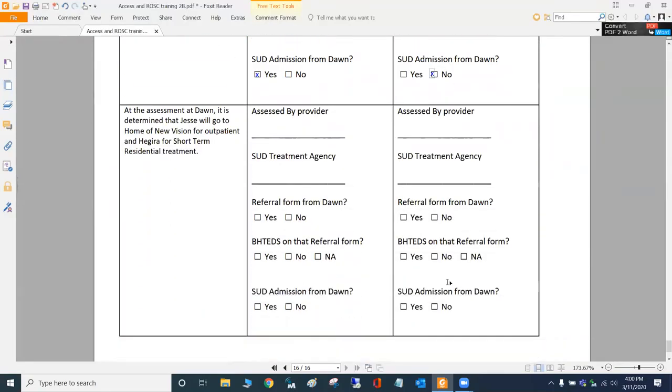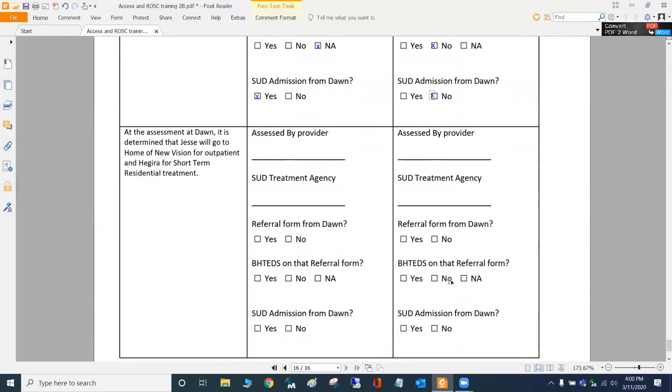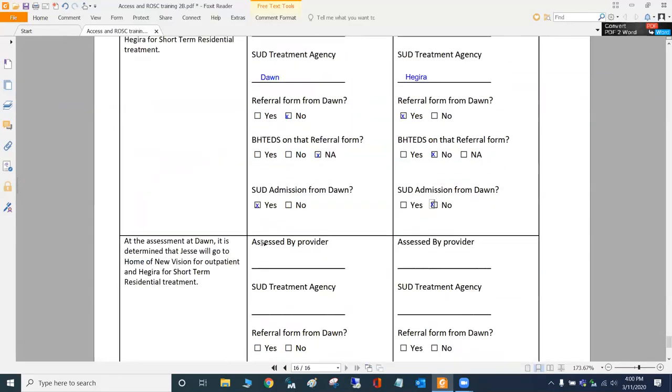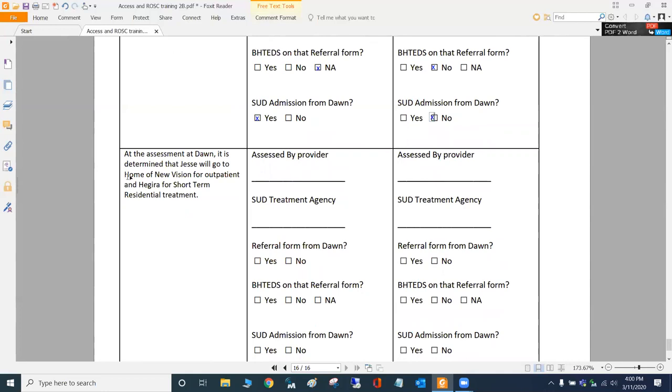Okay. So this is still a continuation of Jesse calling Dawn on January 1st. At the assessment, Dawn determines that Jesse's going to go to Home and New Vision for outpatient and Hagira for short term. So again, we have 2 wrappers because there's 2 separate requests going, 2 separate treatments being sought.